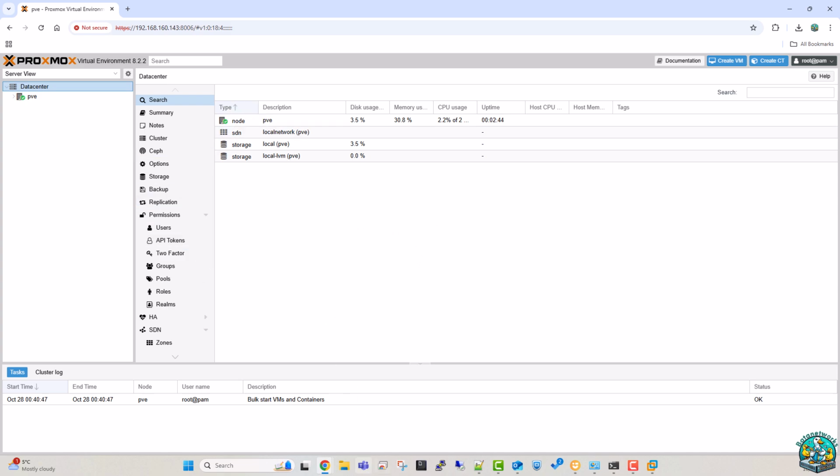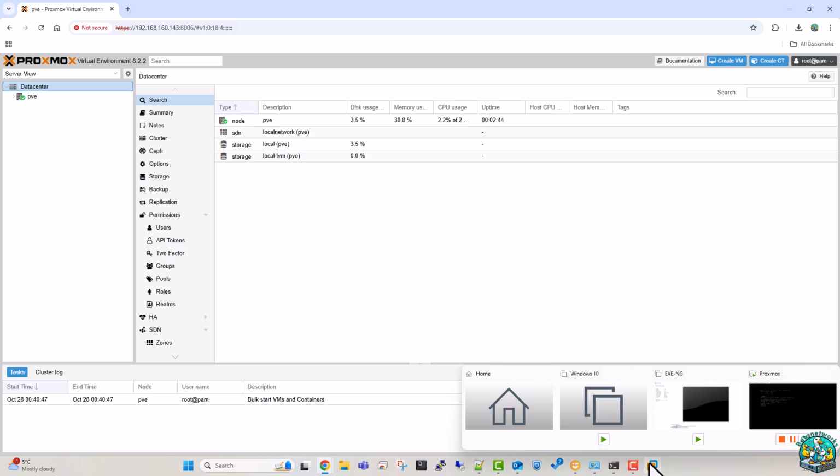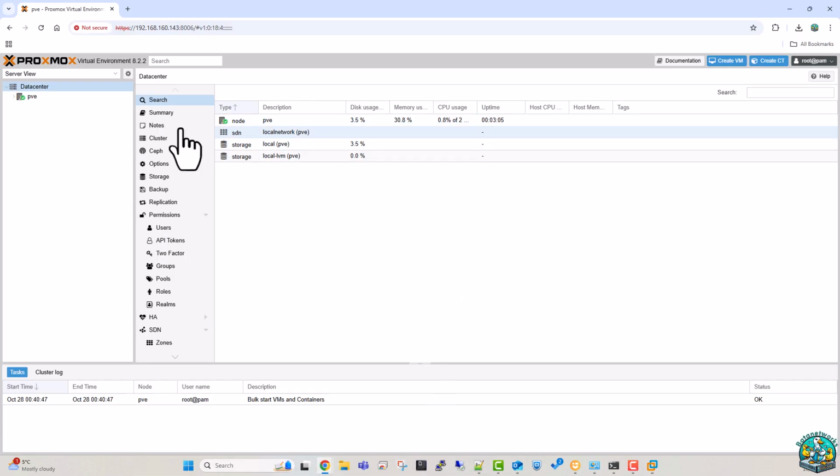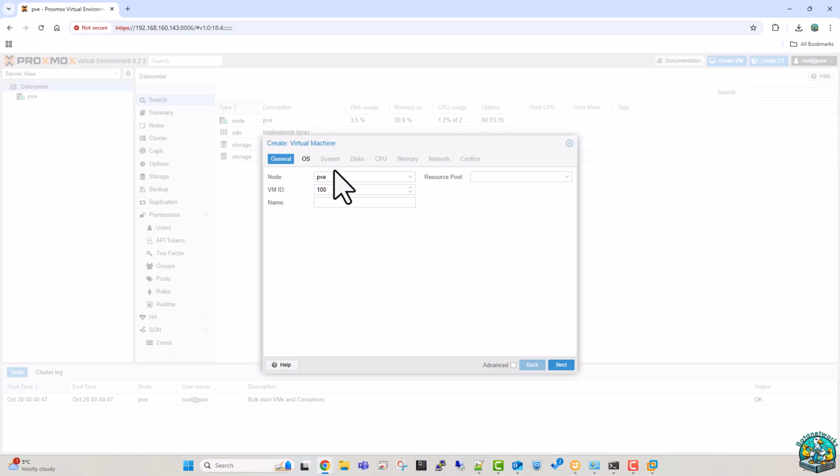So basically, on the VMware, for example this one over here, that's your computer, the one dedicated to Proxmox. You don't need to do anything on that computer, just keep it running, and then go to any other computer or your laptop, anywhere, and access Proxmox via the URL. That's how it's going to appear. To create a VM, we just press here and then